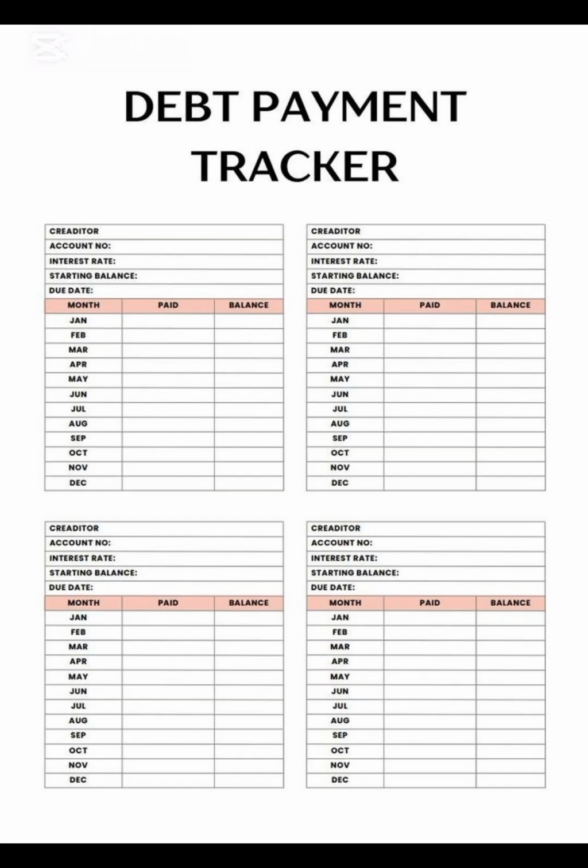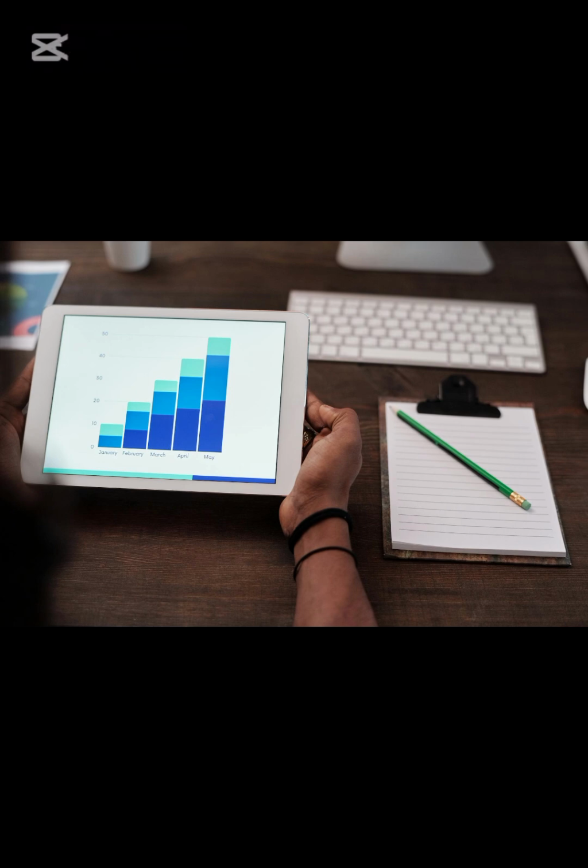Use a spreadsheet, a notebook, or an app like Undebt.it, which lets you plug in your plan and tracks your